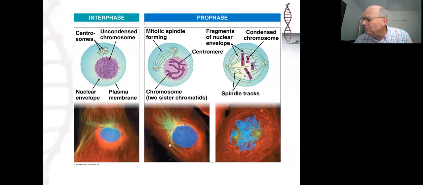And this one is going to move in this direction. And as they move away from each other, moving to opposite sides of the nucleus, they're going to create this spindle structure that's going to form a cage around the nucleus. Now, as the chromosomes finish their condensation and become distinctive chromosome structures, the